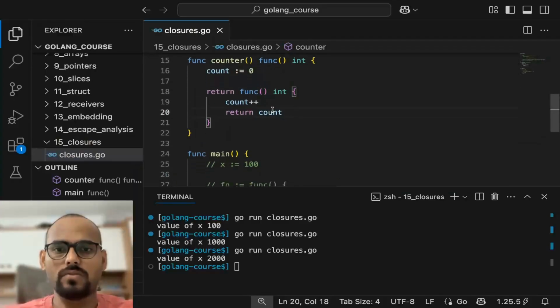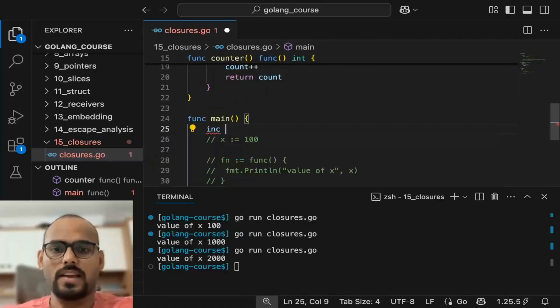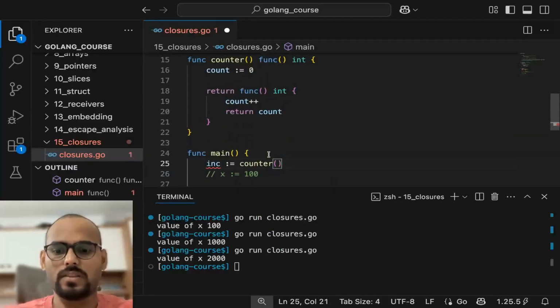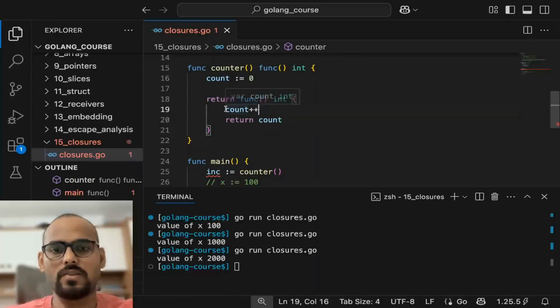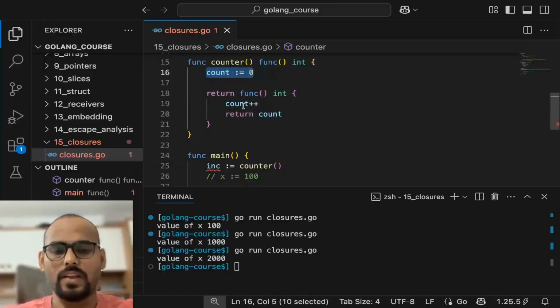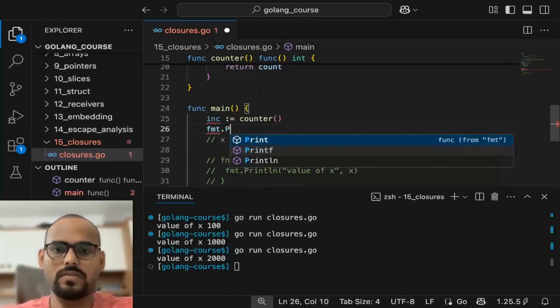Now let me try to use this function in our main. Let us say I create one variable inc, which is short form for increment, and then call this counter function. So what will this counter function return? It will return this function, which is basically a closure, right? Because here it is trying to access the variable count, which is not in this function scope, but it is present in its surrounding scope. So this counter will return this function, and let us say we call this function like this,